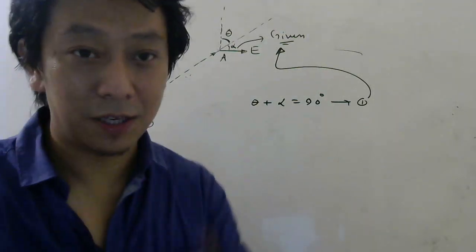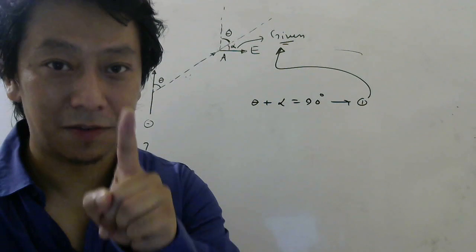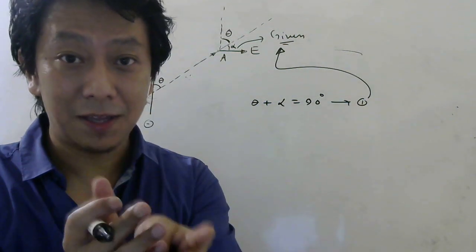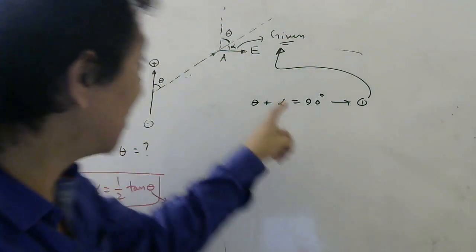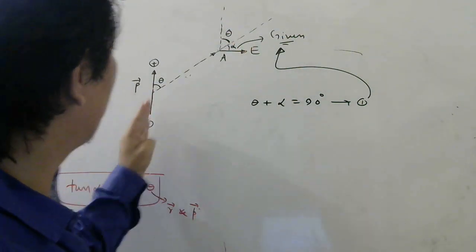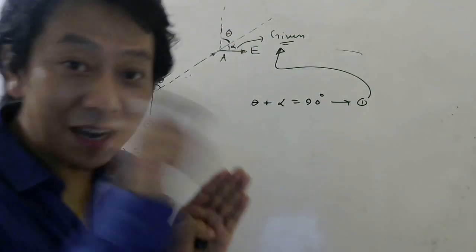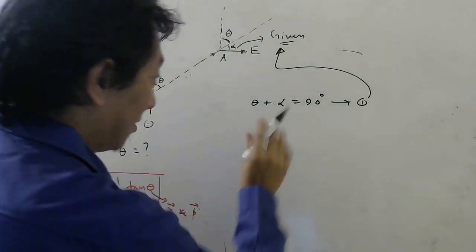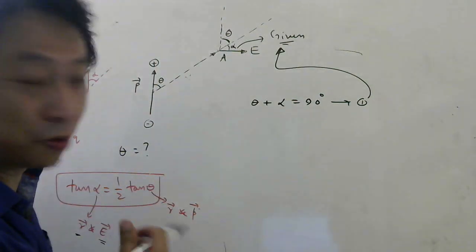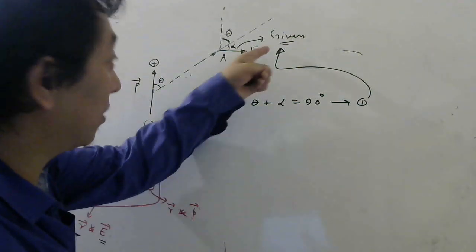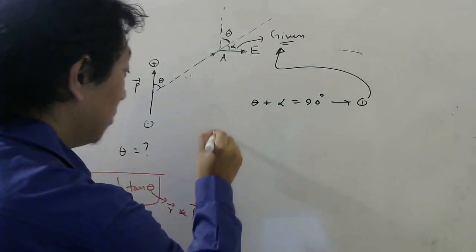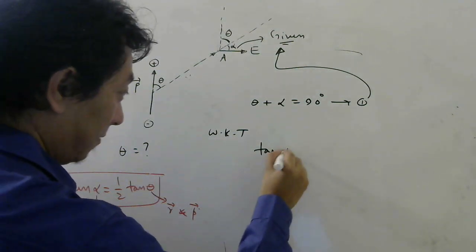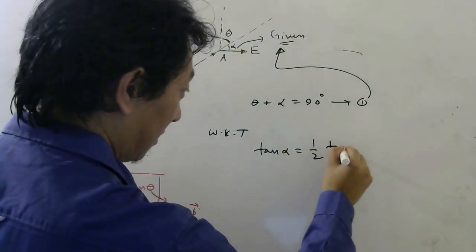In an MCQ, there are two things. One, something is given. Two, something you know. You have to combine them and find the answer. So they have given that the electric field is perpendicular to p. Using that concept, I have found the relation between theta and alpha. This is found from whatever they have given. And one thing we know: tan alpha is half of tan theta.